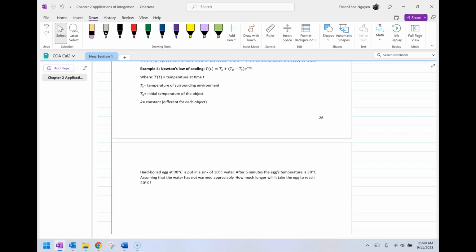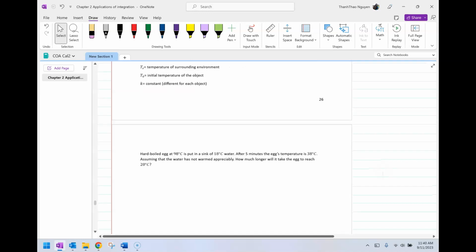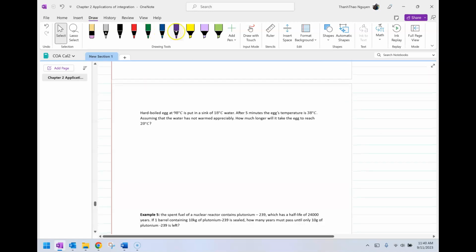After 5 minutes, the egg temperature is 38 degrees Celsius. Assuming that the water has not warmed appreciably, how much longer would it take for the egg to reach 20 degrees Celsius? So the first step in this problem, we need to find a function